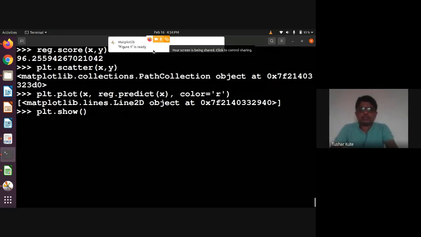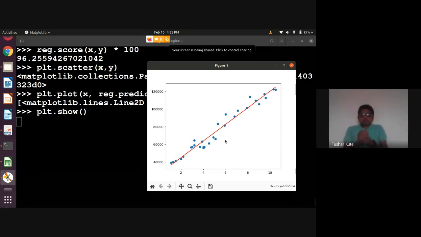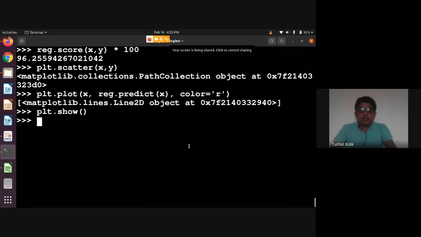A line is created: the predicted line is red, and the blue dots are the original values. The predicted line is your model, which follows strict criteria, while the blue dots are human-collected values. The distance from the line is called the residual error. This error is reduced by many methods in data analytics, data science and machine learning, so that a near-perfect model can be built and we can do predictive analytics on this kind of data. This is how model execution is done.